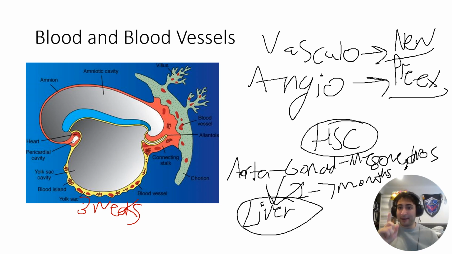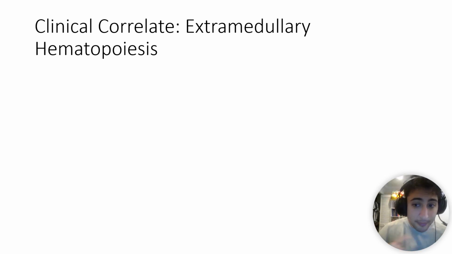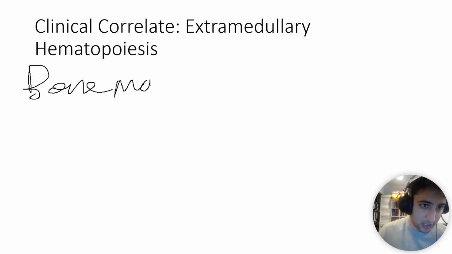The liver is a hematopoietic organ between 2 to 7 months. Why is that important? Because there are conditions in which the liver can become hematopoietic again. That's called extramedullary hematopoiesis. We're not going to talk about what causes bone marrow suppression, but when bone marrow suppression occurs,